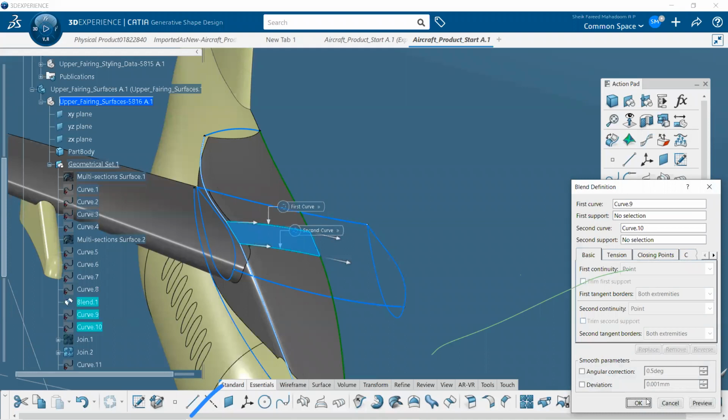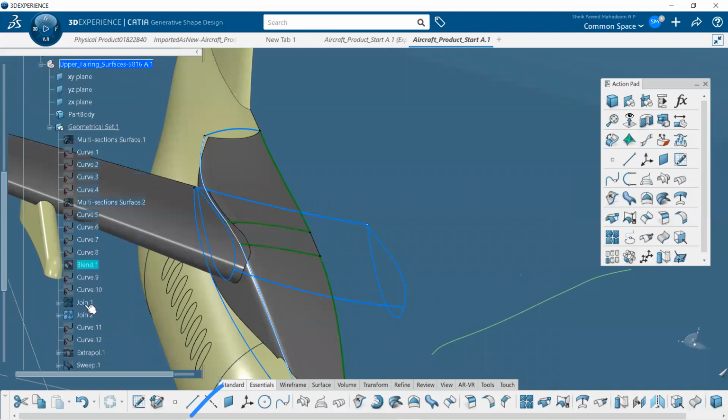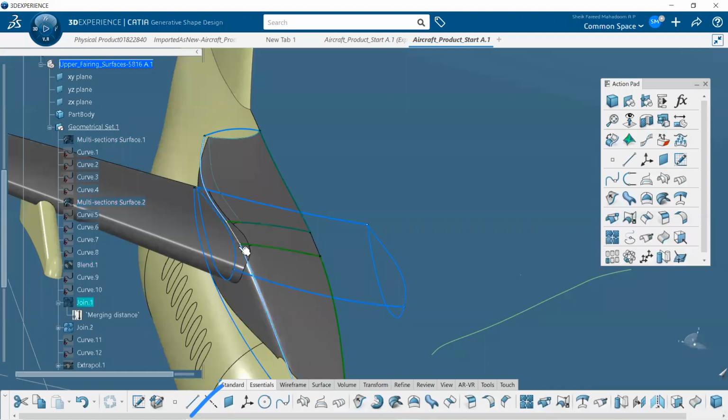Okay, so right now I've got three surfaces. What I've done is join all three surfaces together. That is the first thing done. Then I need the edge. From this edge, this edge and this edge, I needed to create the extra blade. Extra blade means nothing but a little extension of the already created surface.